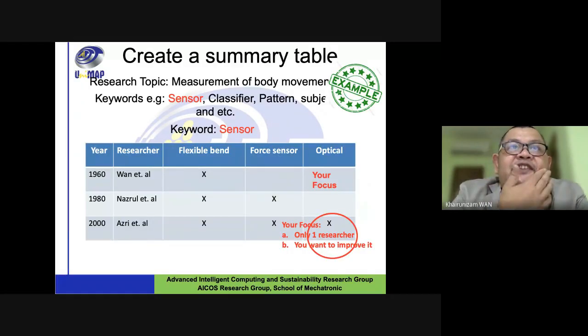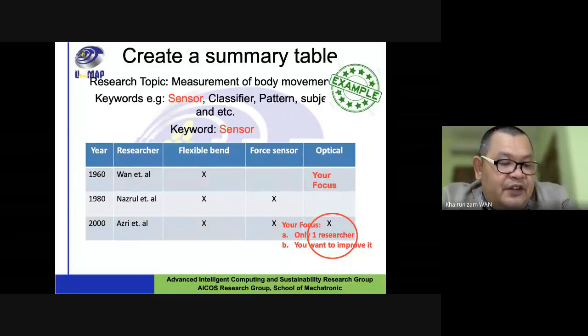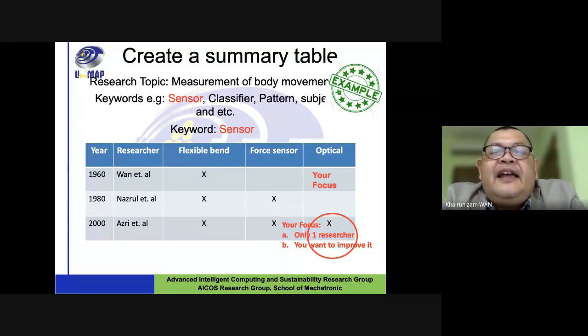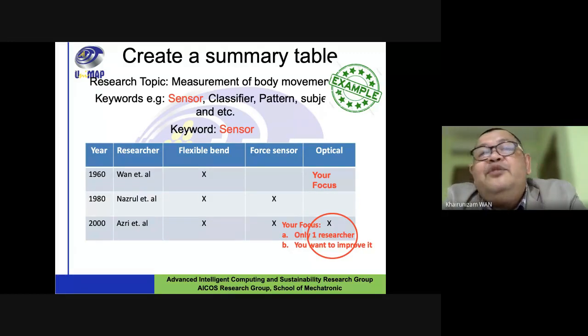Then after you do the reading of articles from good sources, like journals, conference proceedings, or from the previous FYP report, or from discussion with your supervisor, how do you do the analysis of the information? You have got a lot of information now. What to do next? How to analyze it? And then this is the example.